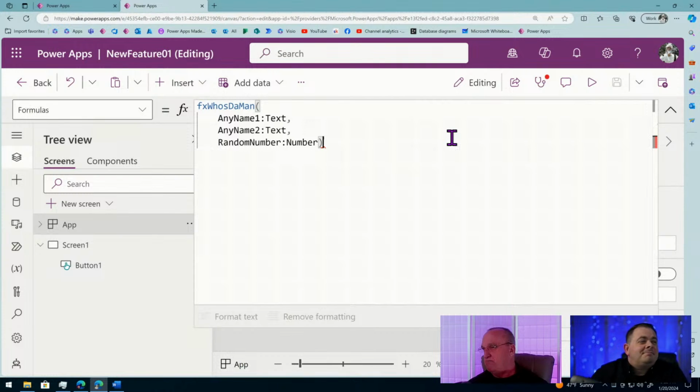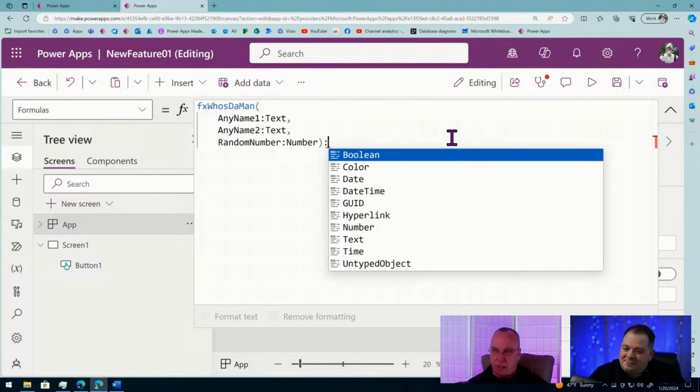Now the syntax, I can't remember. Was there a colon here? Can you tell us what goes after this colon? This is going to be the return type. This is what it's going to return. Remember, Darren said that the whole job of a function is to return a value. So those parameters are all the stuff we're bringing in, and then we're going to return a value. But we have to tell it the type. What is the package that we're going to send this value back in? In this case, we're going to send it as text. So I'm going to pick text here.